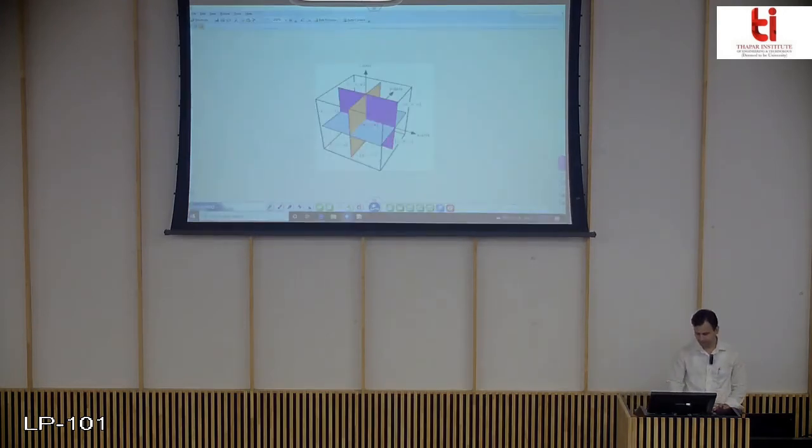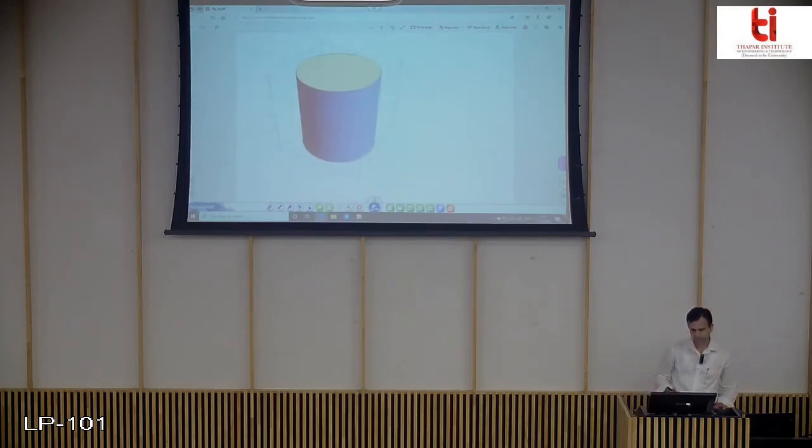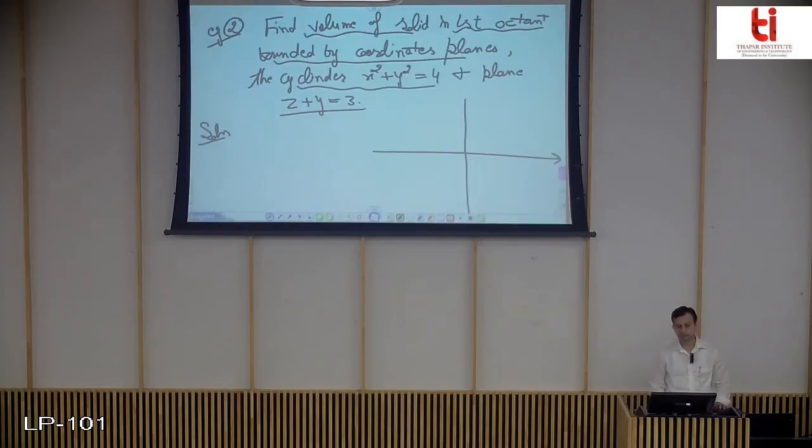Okay, so its shape you can assume something like this one. You can assume the shape of this cylinder, like this one. So this is the cylinder, the shape of the cylinder. And remember that it is representing a circle, okay? If you look at it from the point of view of your xy plane, it will be a curve like this one, a circle of radius 2 and center 0, 0.